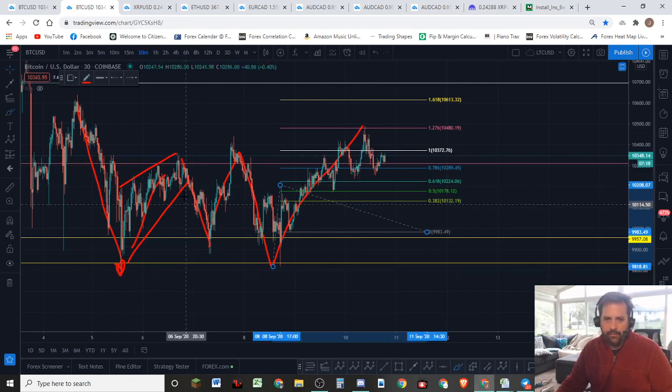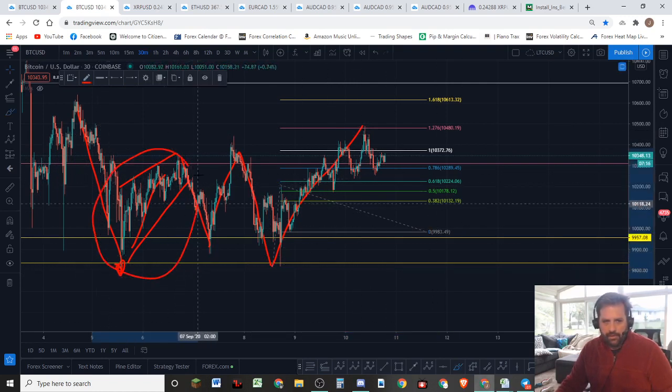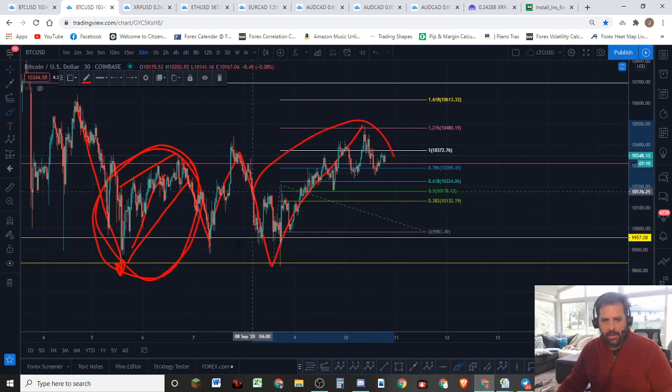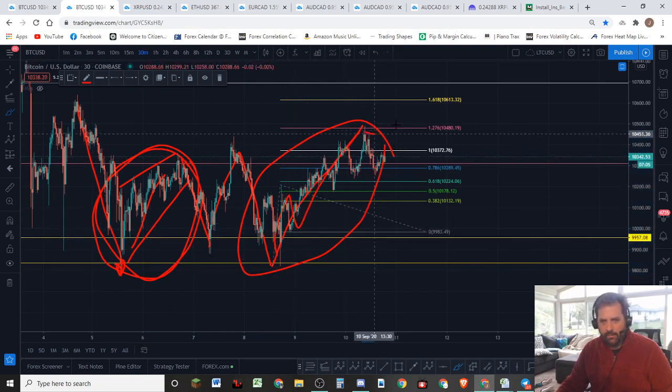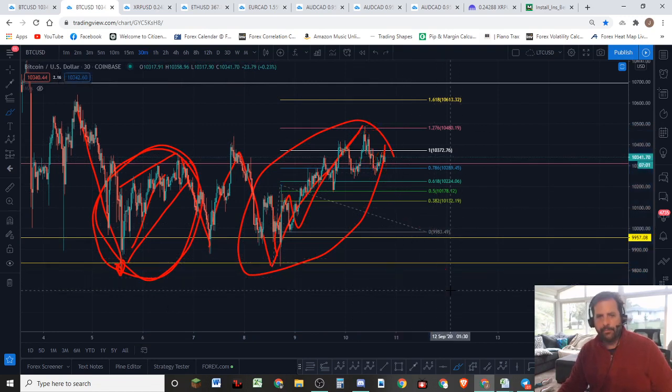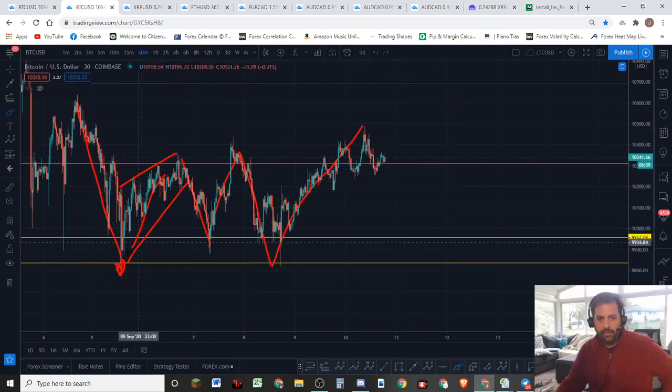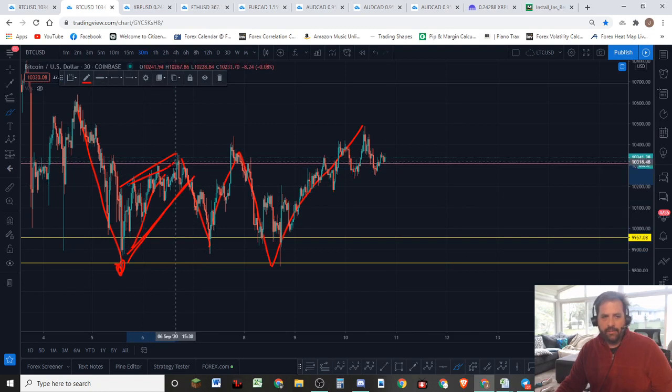So understand that, here's a principle you need to understand. If we interpret this to be a 3 wave, if that's your conclusion, then this must be a 3 wave as well, which could say it's already done. It's come to the corrective fib levels, and we could be heading down from here. Okay. That's one possibility.